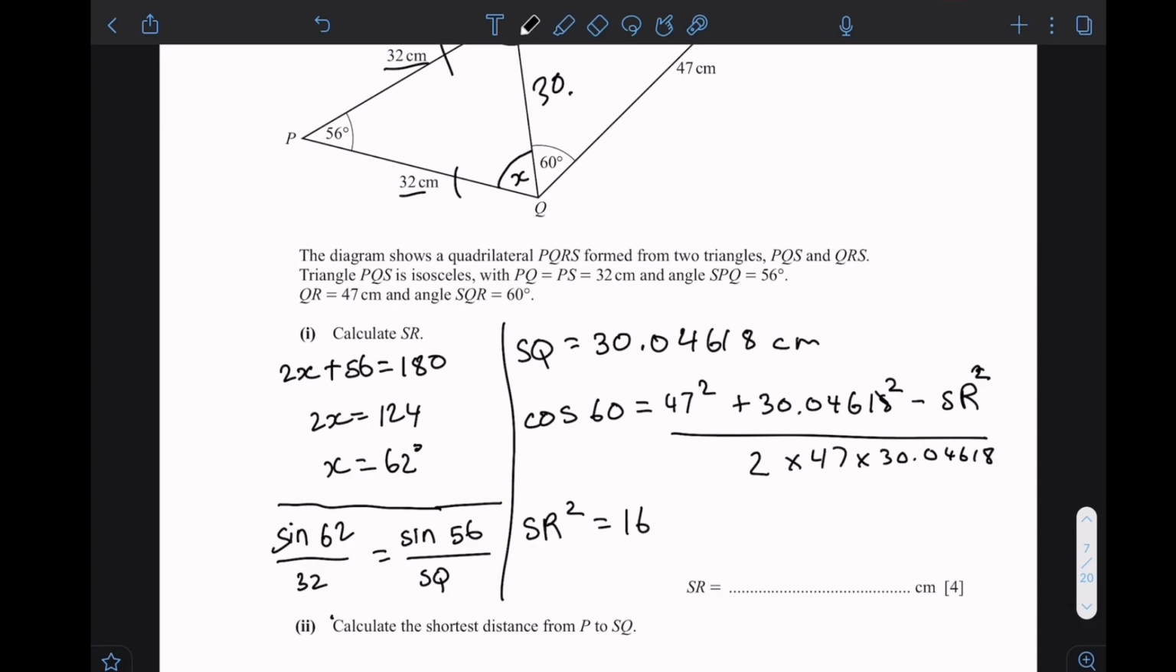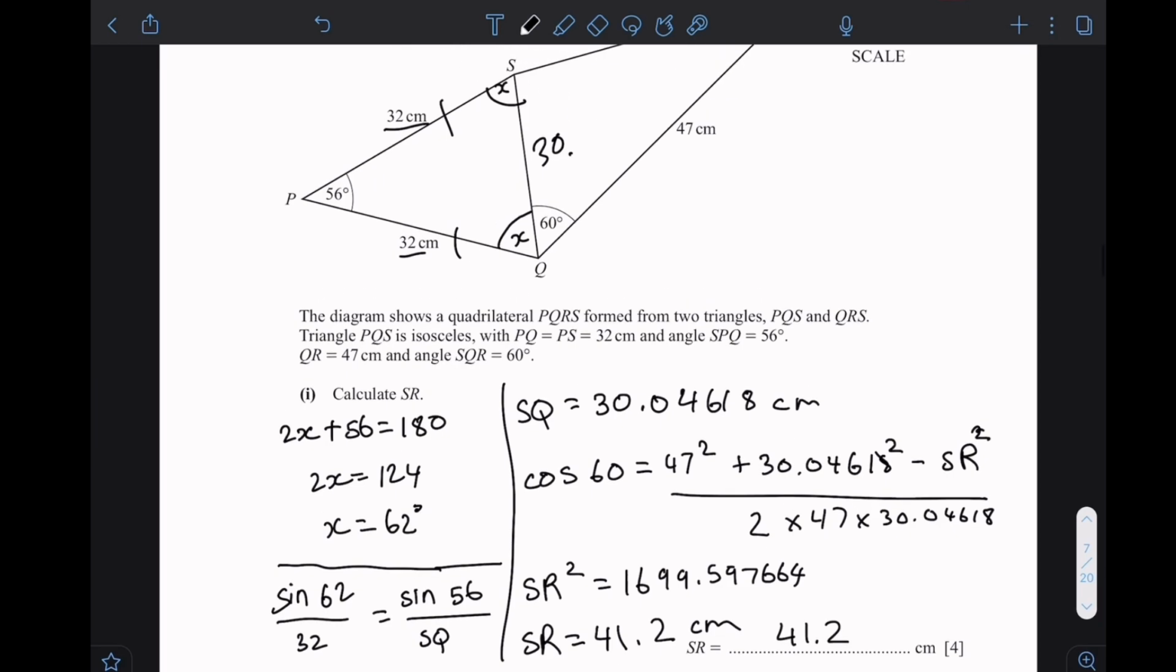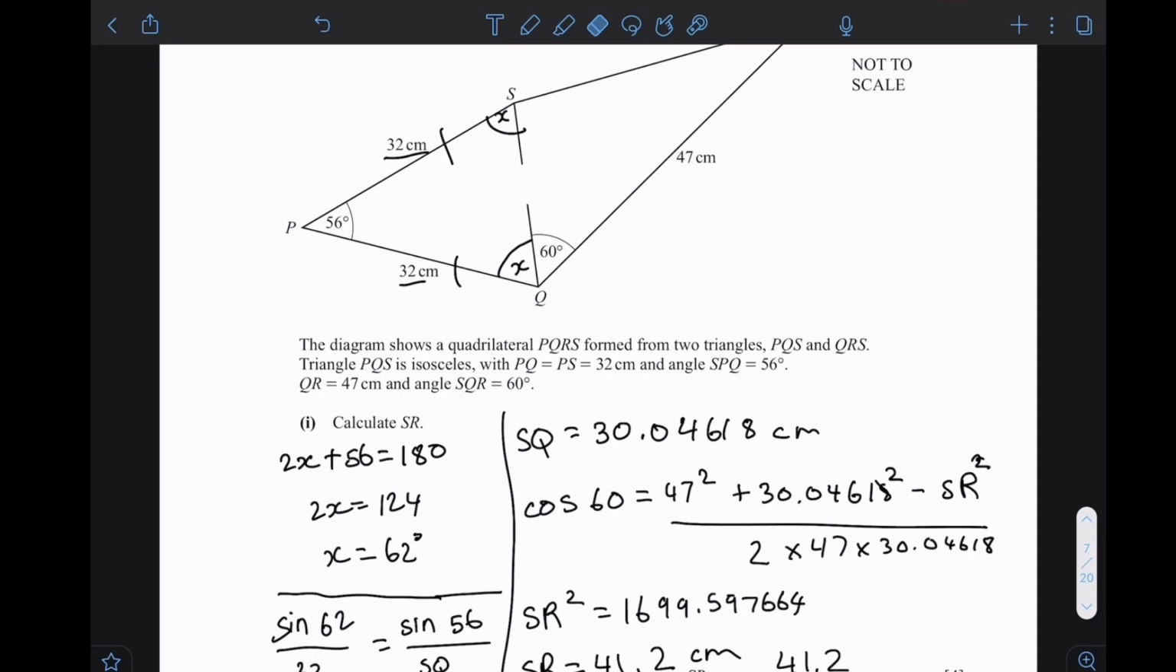This should be 1699.5976664 SR, which is equal to 41.2 centimeters. Calculate. Okay, so now the next question says